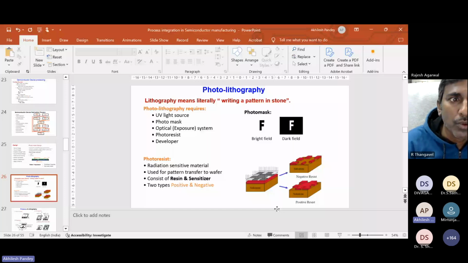Two types of photoresist are there, either positive photoresist or negative photoresist. In the positive photoresist, what happened? There are no in the photo mask. What happened while fabricating the